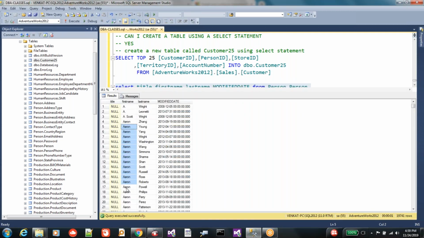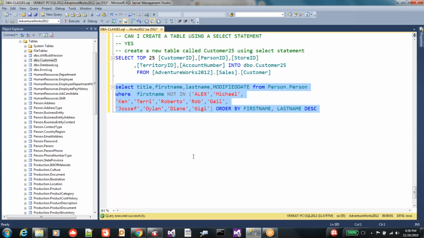I want to know how many employees are there whose first names are Alex, Michael, Ken, Terry, Joseph, Diane, and Gigi. What is the count of persons for each first name? So I want to find it out, and for that you have to use